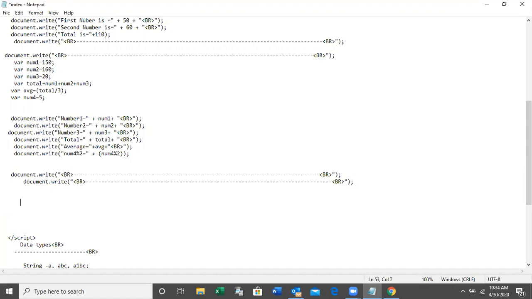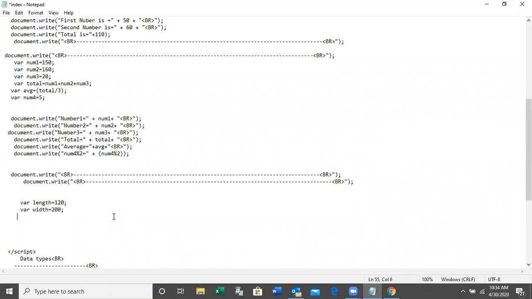First of all, we have to declare the variables: var length is equal to 120, var width is equal to 200.